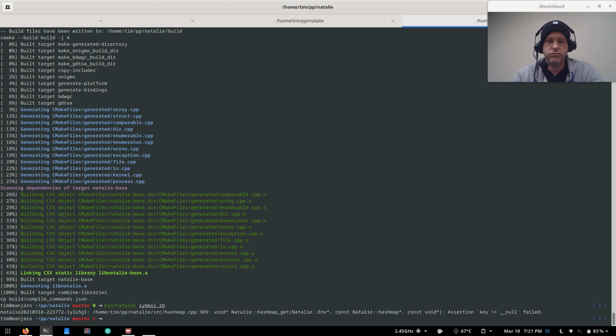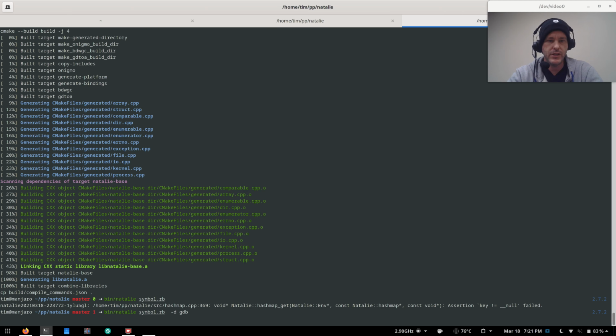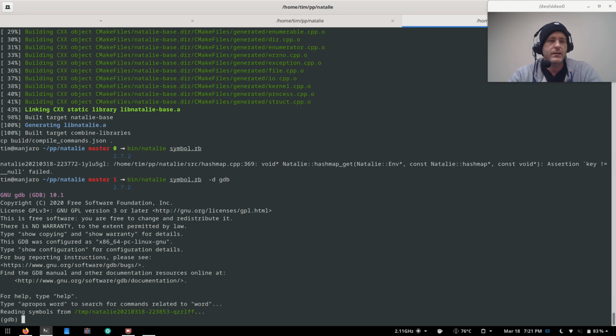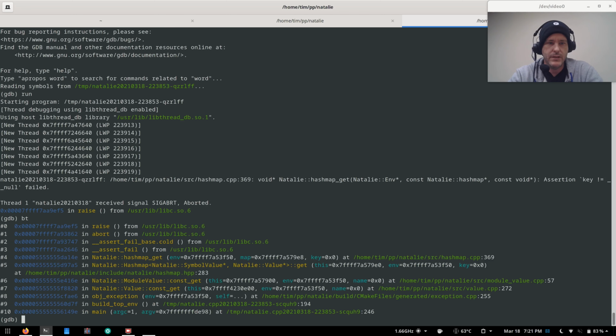And got a failure. So let's run this through GDB. I think I need to increase the font size just a little bit. I want to make sure everyone can see. Run, backtrace. Oh, okay. I think I made a mistake